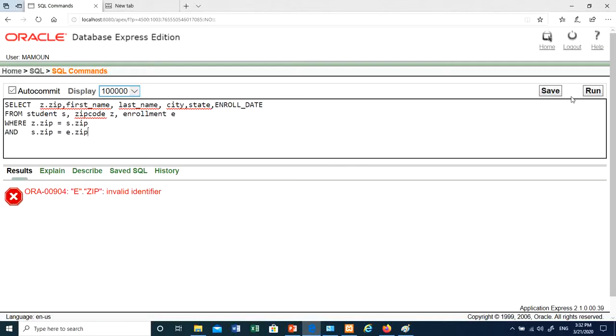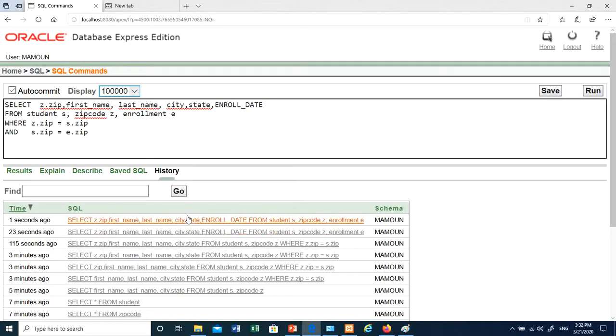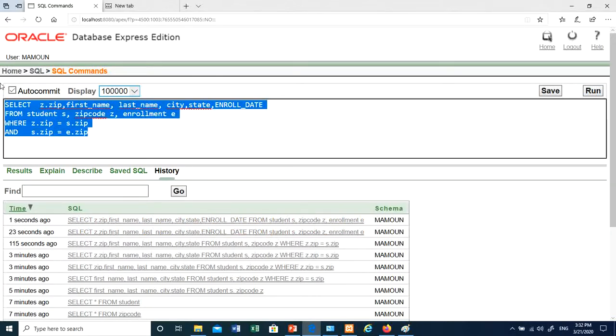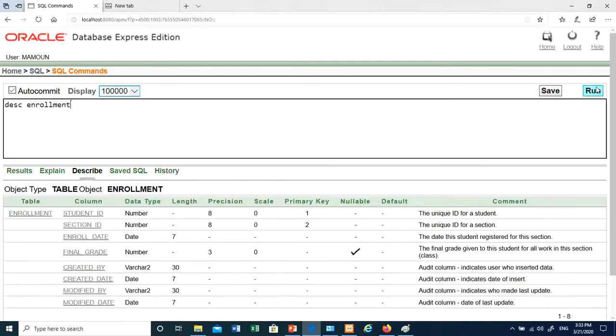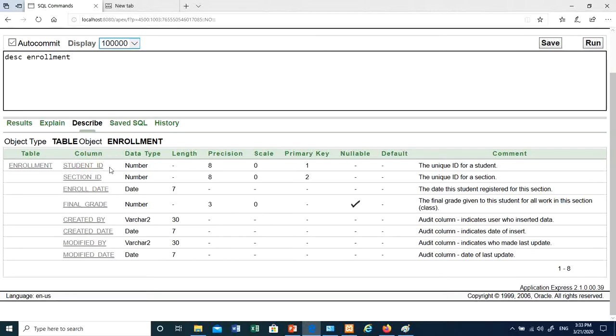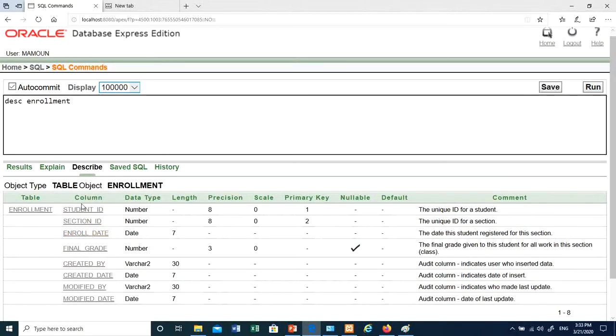Let me just describe that table again. Describe enrollment. One more time. Sorry, enrollment doesn't have zip, it does have a student ID. I'm sorry, I used student ID instead of zip. There is no zip in the enrollment table. That was my mistake. Let me just say S dot student ID